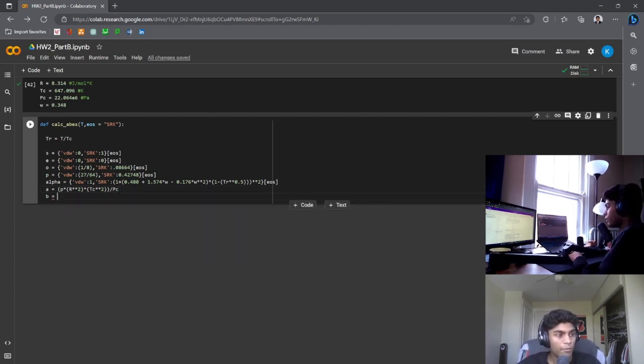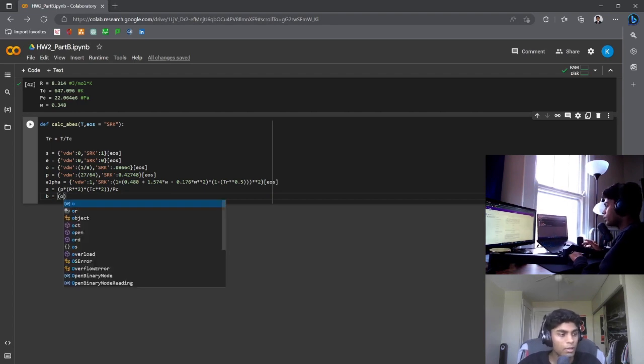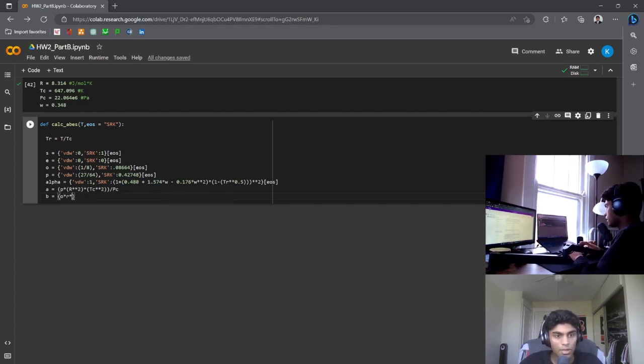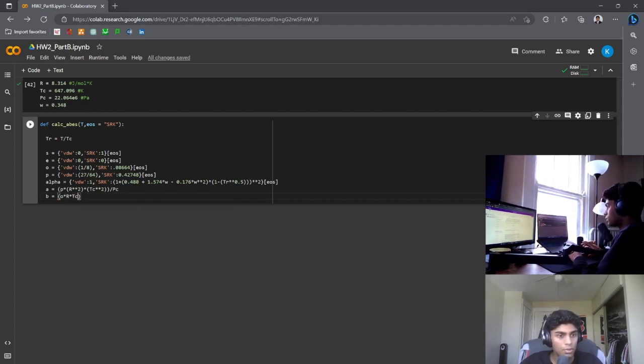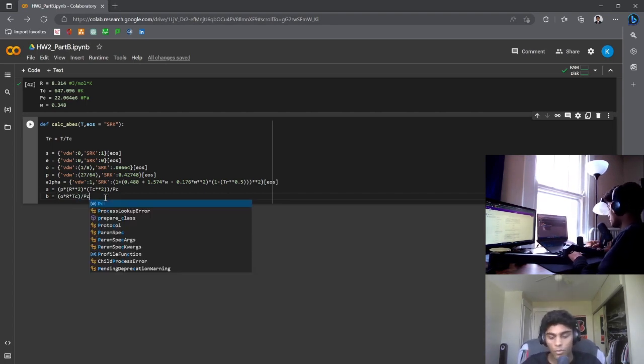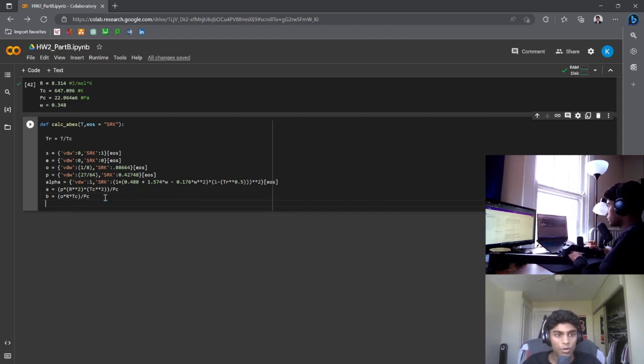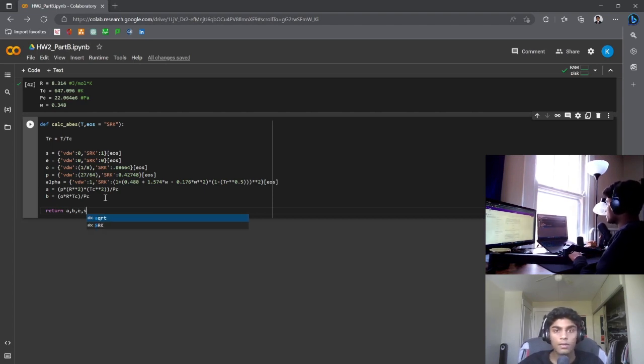And for our B value, it's going to be omega times R times the critical temperature all over the critical pressure, right? And we want to return A, B, E, and S. So that should pretty much do it for all of our A, B, E, and S